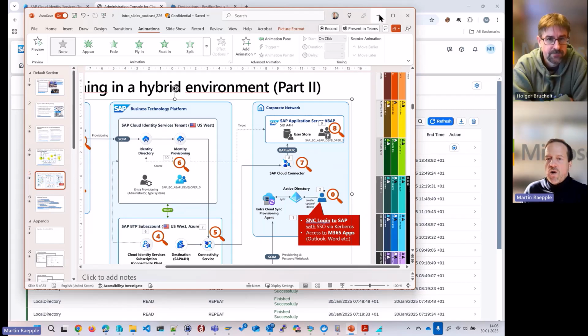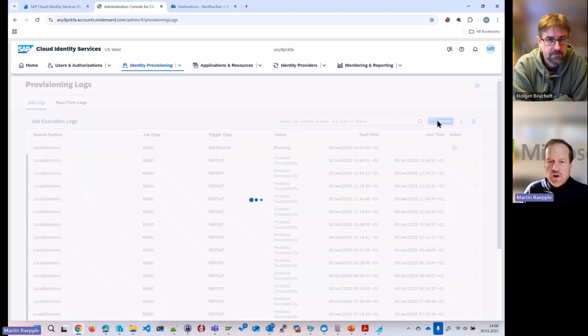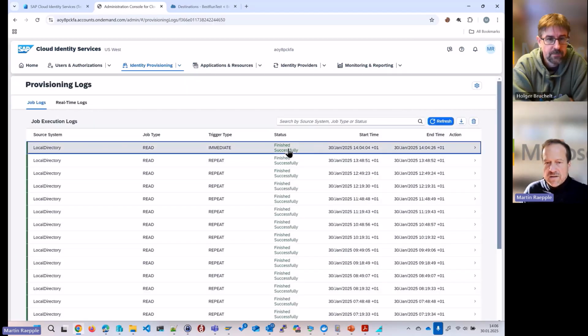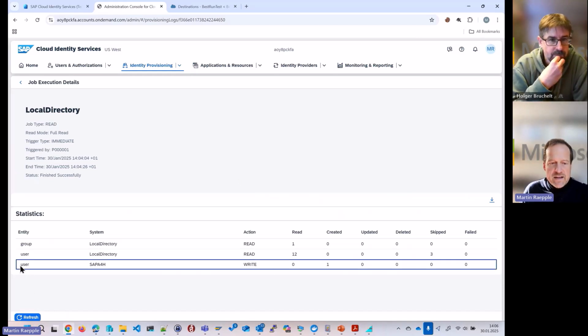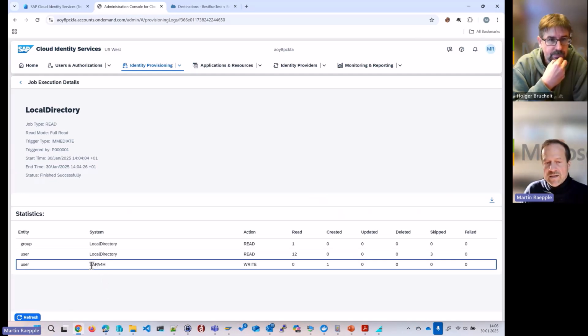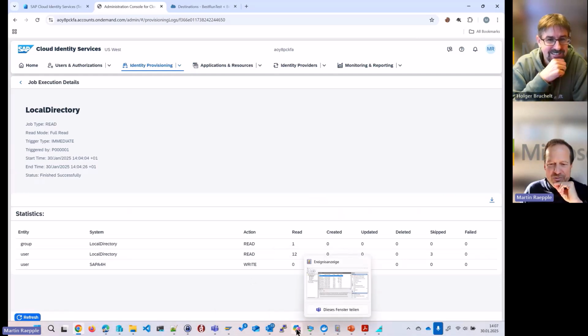So, let's see if that job completed. It completed successfully, and if we go to the details, we can also see that the statistics basically tell us that an entity of type user, our TINA test, has been written for system SAP FOH, there was a write operation that created a new user there. It doesn't say which user, but I think we all know which user is meant here. So let's go back to our